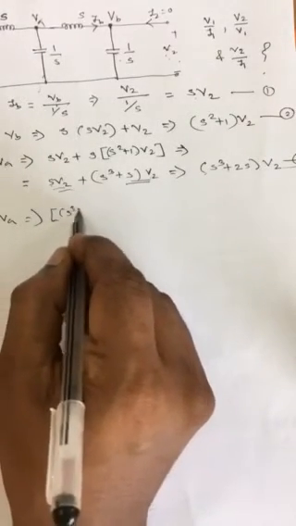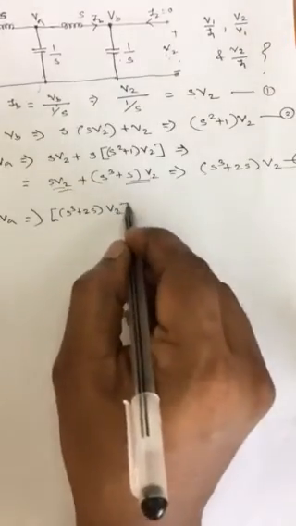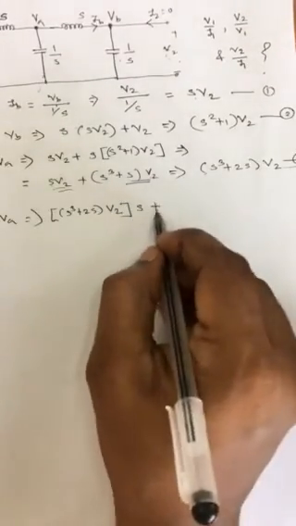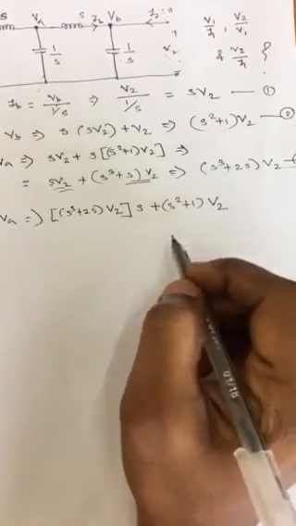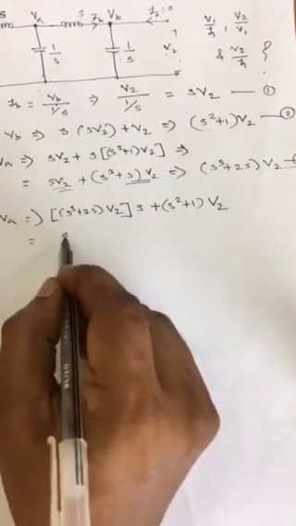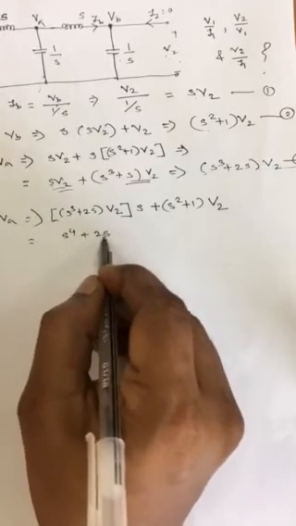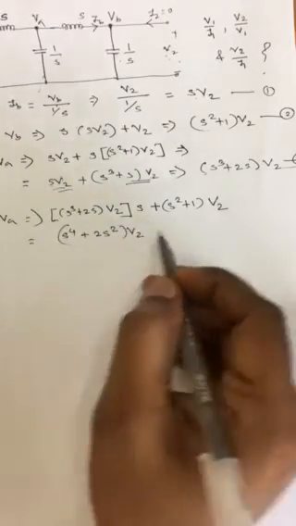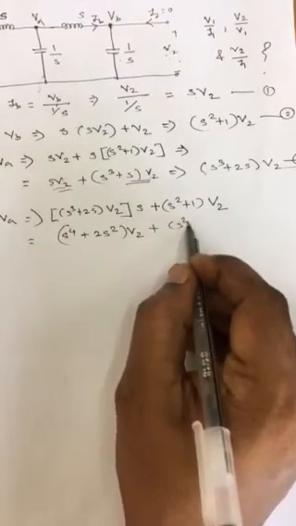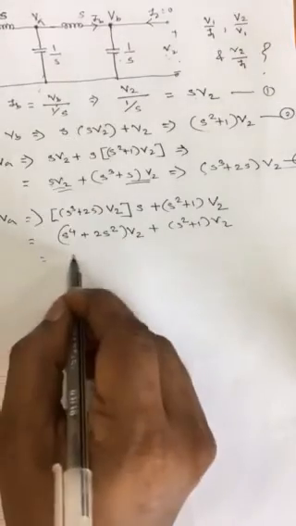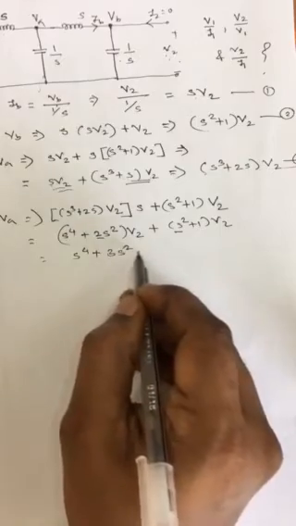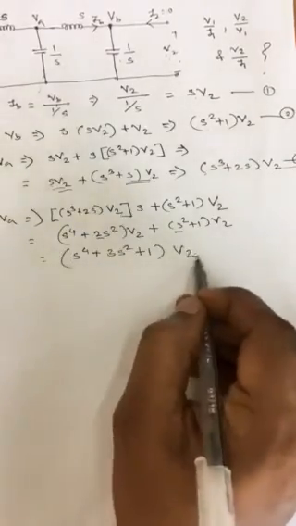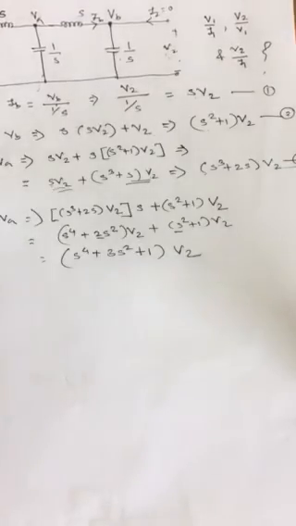I1 is S cube plus 2S V2, multiplied by S, plus VA. VA we also have, so S square plus 1 V2. Okay. So you need to solve it. When you solve it, it will become S raised to 4 plus 2S square, and V2 will be common. Plus S square plus 1, V2 is common. So I can write S4 plus 2S square plus this S square, 3S square plus 1, and I will take V2 as common. Okay, so I have got V1 also.